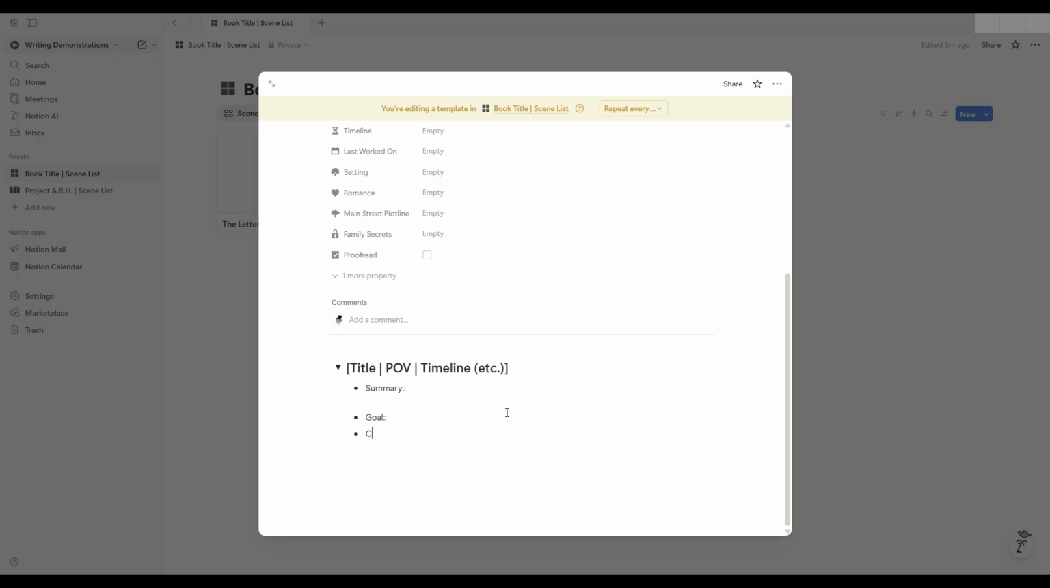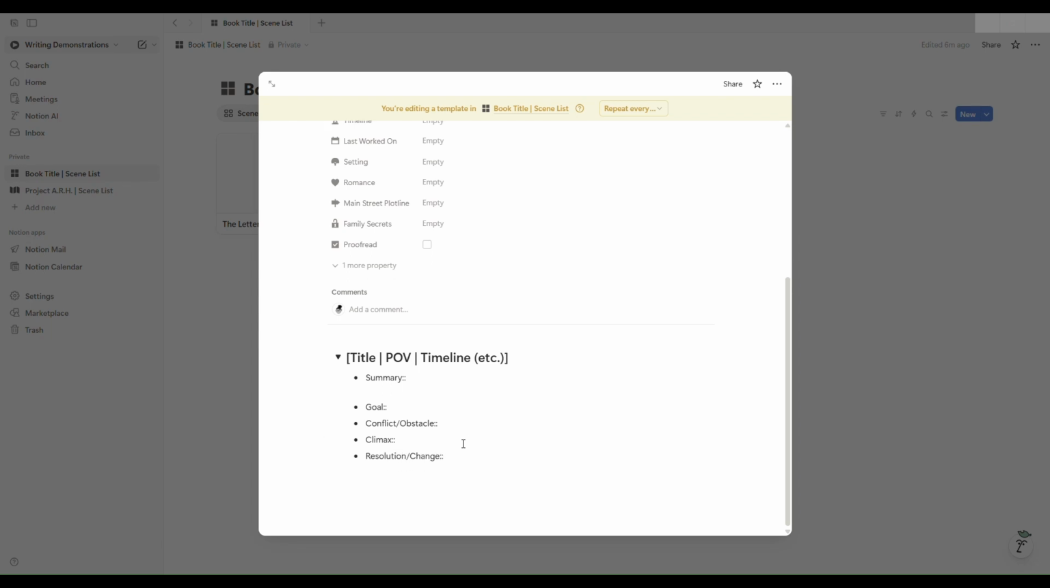I want to know what the conflict is, and this also could be called the obstacle. Some people or some methods will use that terminology instead. Either way. And then the next is going to be the climax. And then also the resolution or change. So however, you can use your own terminology if you want, but this is going to give you a complete